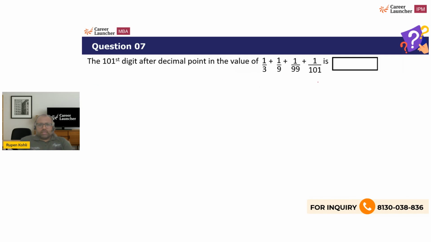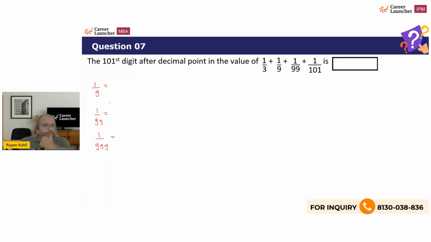You should know that whenever you have fractions in which the denominators are 10 to the power n minus 1, like 1 by 9, 1 by 99, 1 by 999, 1 by 9999,